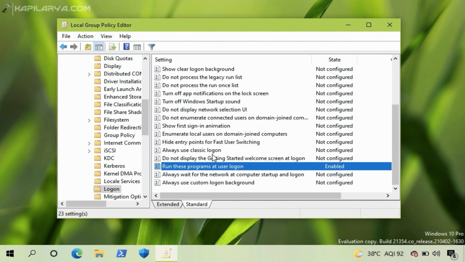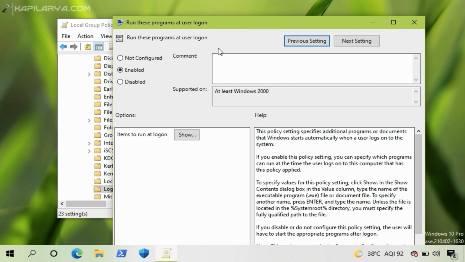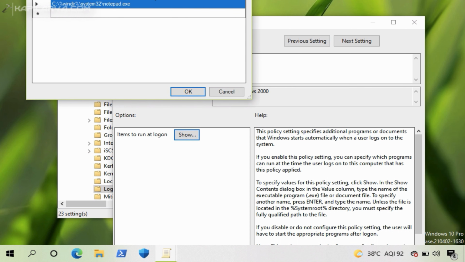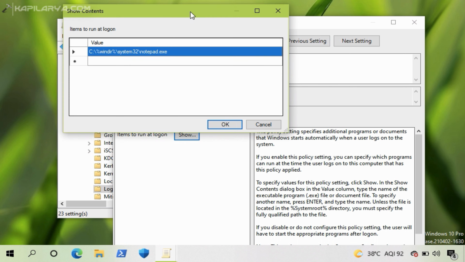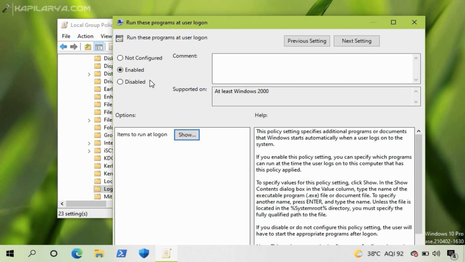When you enable this policy setting, you can paste the path of programs you want to allow at startup. You can simply remove these entries for an individual program to remove it from startup, or you can also set the policy to Not Configured and then click Apply followed by OK. So all of the startup programs configured by this policy setting will be disabled.